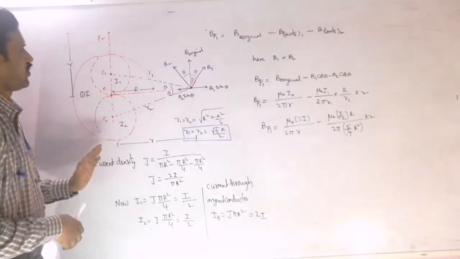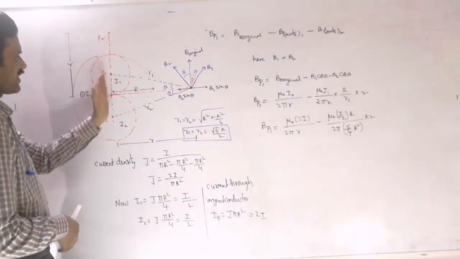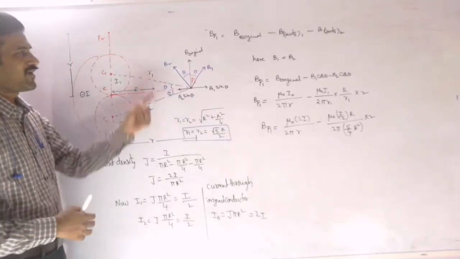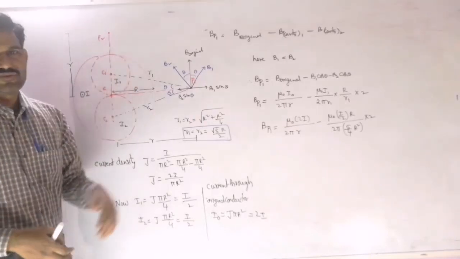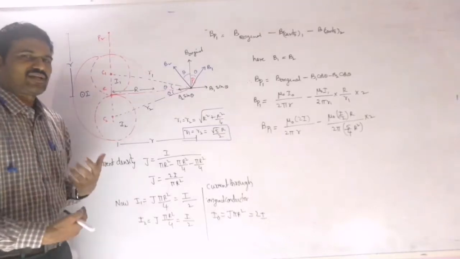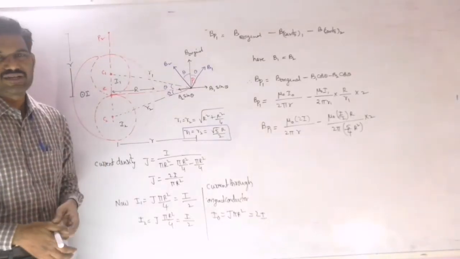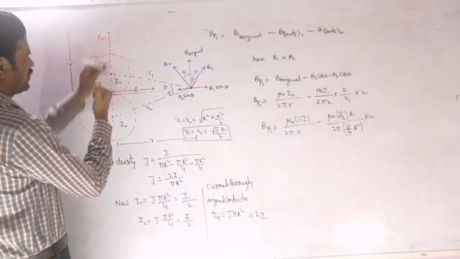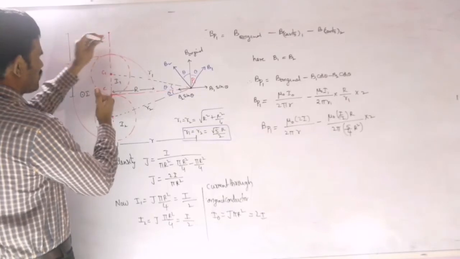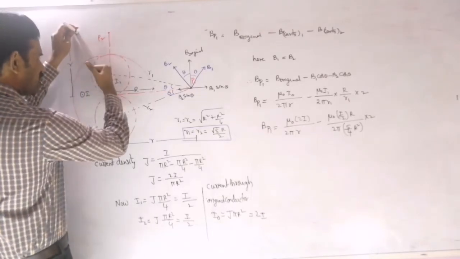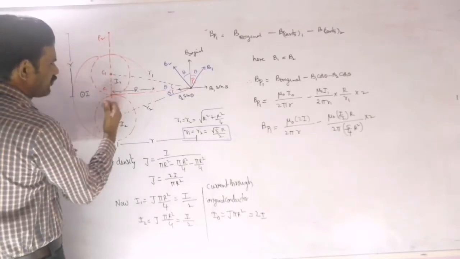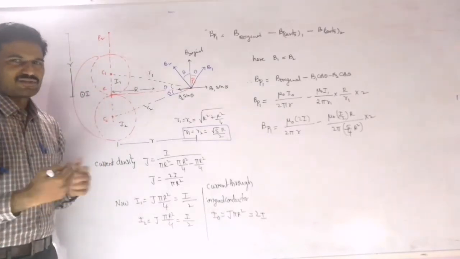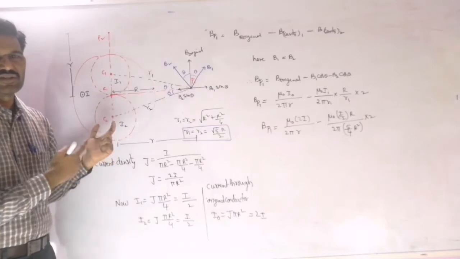So for P2, that is P2 is along the line joining the centers of all the cavities and the original cylinder hole. If the point is like this, then the problem will be easy for us, because whether conductor or the cavity will produce a magnetic field in the same direction. Suppose this current is flowing out here, this solid original cylinder will produce a magnetic field along this direction. Even this cavity also produces a magnetic field along this direction, and this also produces a magnetic field along the same direction. Right?